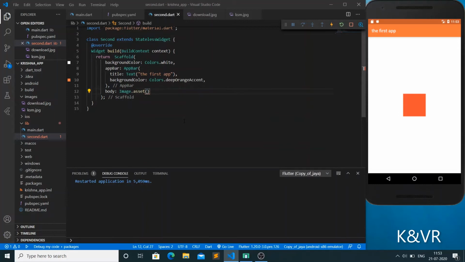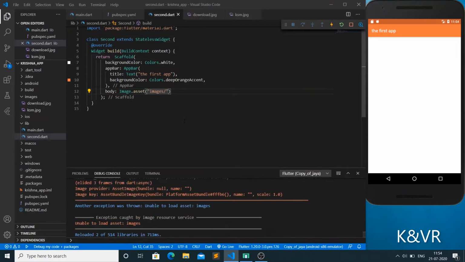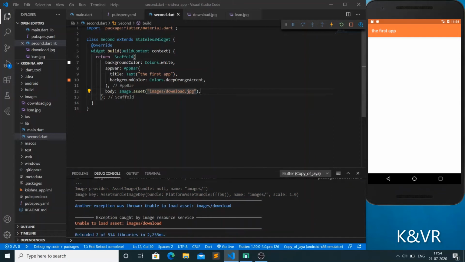Type here Image dot asset. That asset is in the images folder. Images slash, from the images folder we are taking the download image, download dot jpg. That's it.